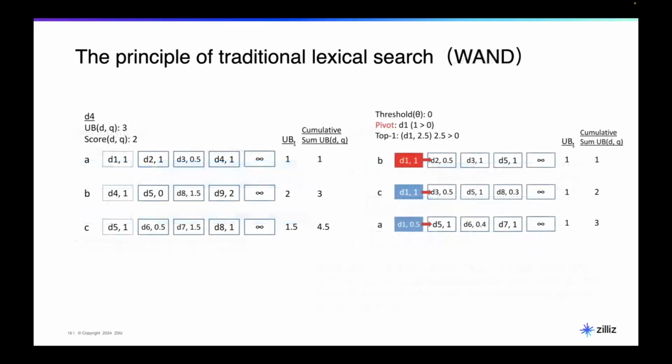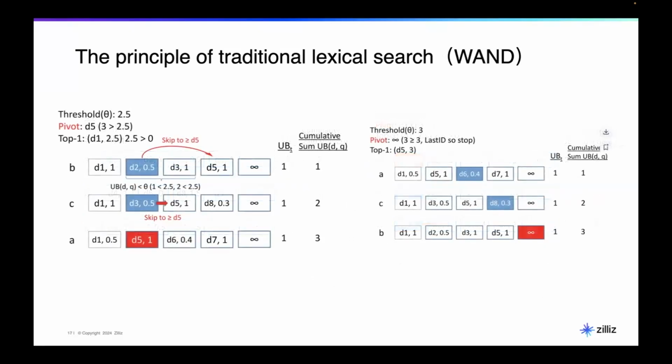Okay, so there's definitely some smart ways to improve on that. I won't talk about those details, but remember there's an algorithm called WAND. The overall goal of this algorithm is to skip some of the tokens or some of the documents. For example, if I already find one very relevant document, the easiest thing we can do is skip all the documents which don't have enough weight. You don't really need to understand that, but in this case, you'll see that D2's score is much, much smaller than D1's. So we skip it and go directly to D5.